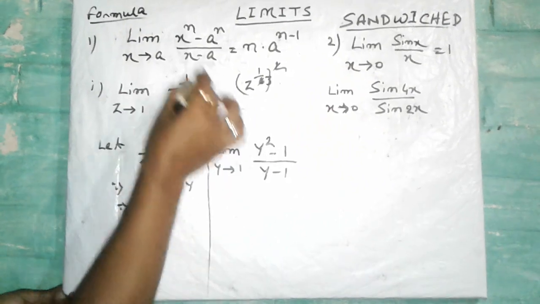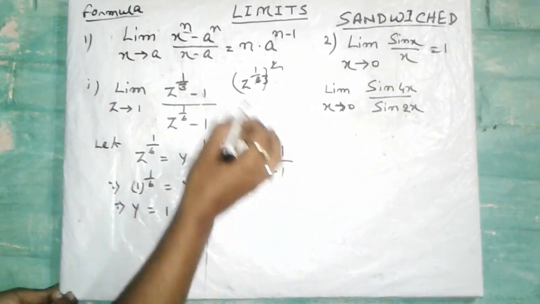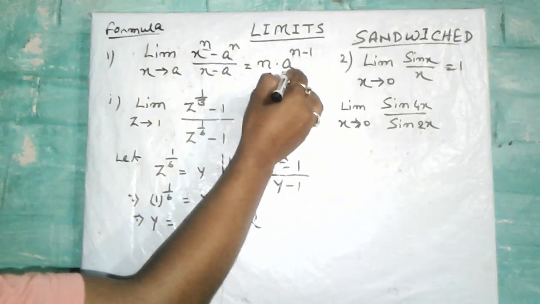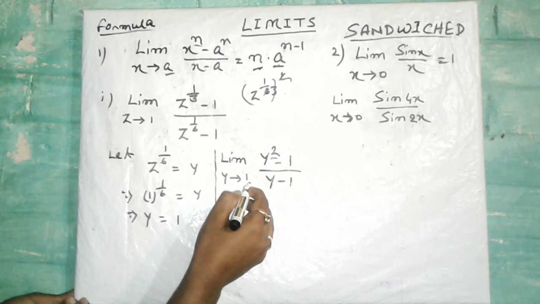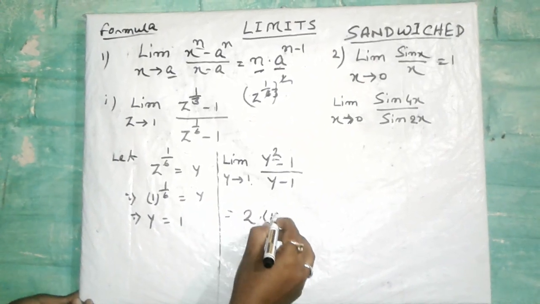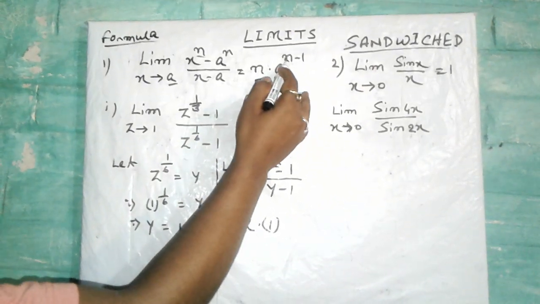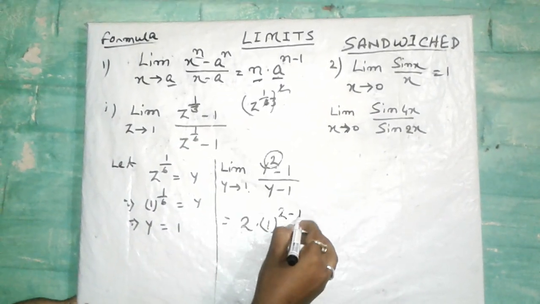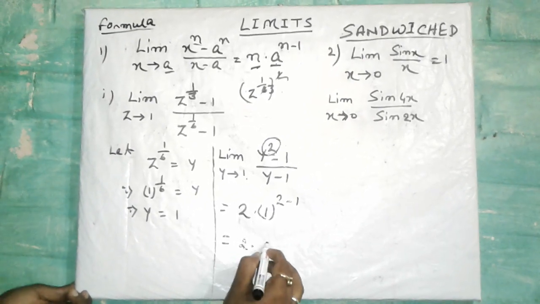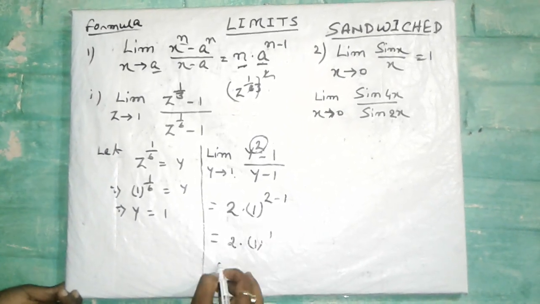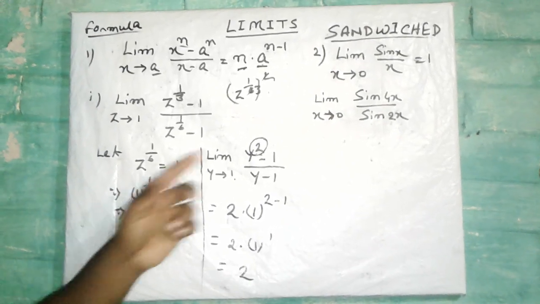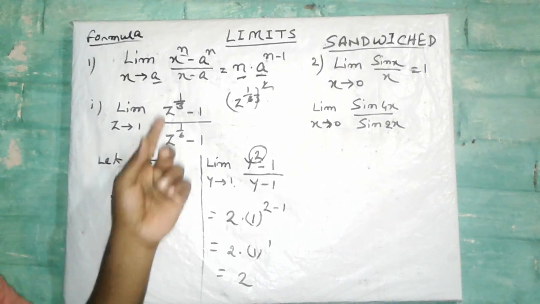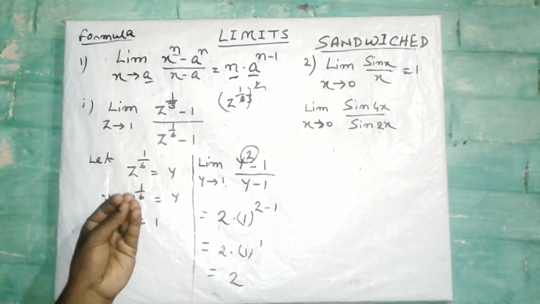Now you see, compare with the formula. Here the n value is 2, so in place of n we can write 2, and our a is 1, so in place of a we can write 1. Then in the formula n into a to the power n minus 1, our n is 2, so we write 2 into 1 to the power 2 minus 1, that is 2 into 1 to the power 1. 1 to the power 1 is 1, and 2 into 1 is 2. So see how very easily we can apply this formula. This is a very, very important sum. So students, you will try more such sums, and if you get any problem, you can comment in the box.